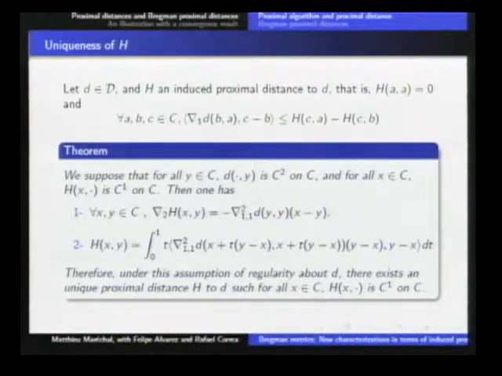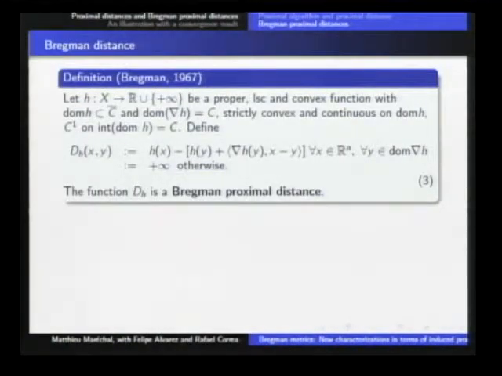After this, we introduced the Bregman distance. The Bregman distance is defined as the difference, for a convex function h, between the value of h and the value of the affine approximation. During the 1990s and after 2000, many authors have studied the convergence of the proximal algorithm with a Bregman proximal distance, for optimization problems and also for variational inequalities.